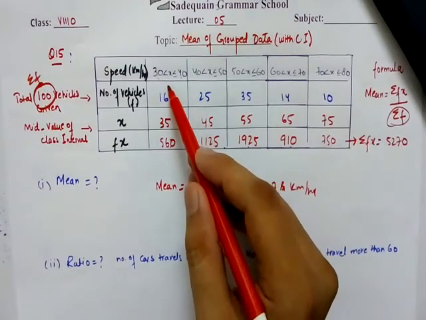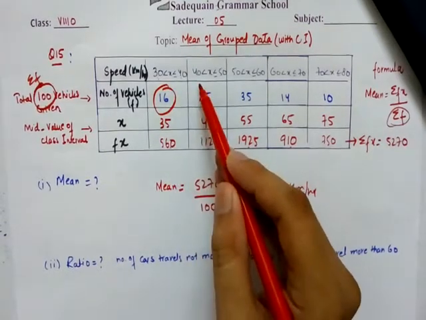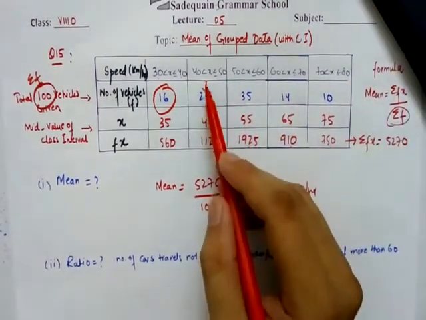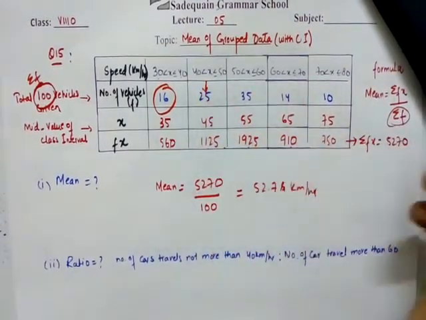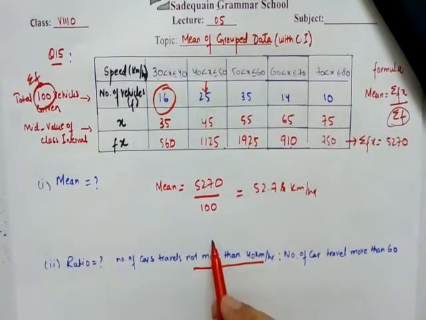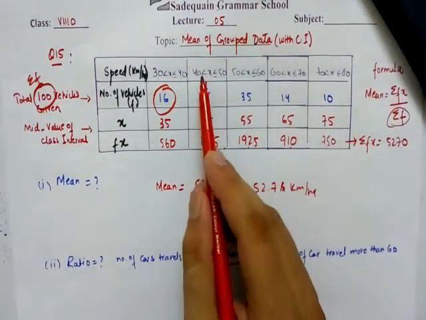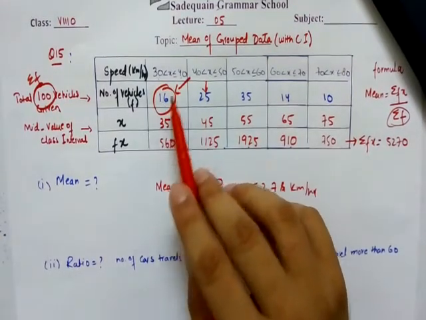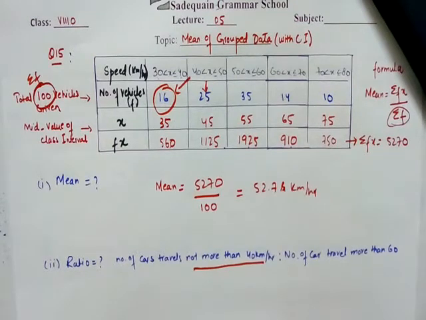So such vehicles are 16, because if you are considering this class interval, it will contain 40 or more than 40. So they are asking not more than 40, it means less than 40. So less than 40 were 16. 16 were such cars which were traveling at a speed of less than 40. Now I will write 16